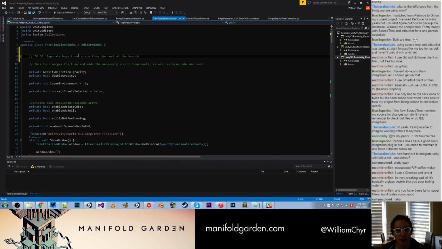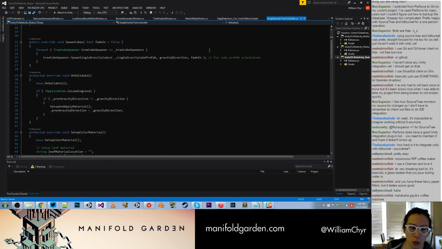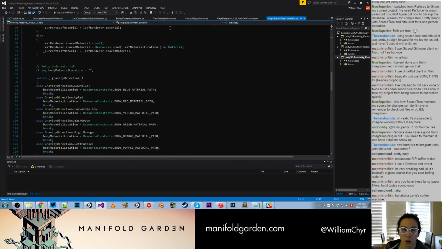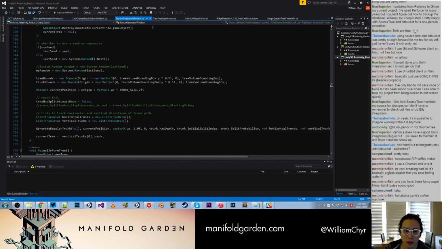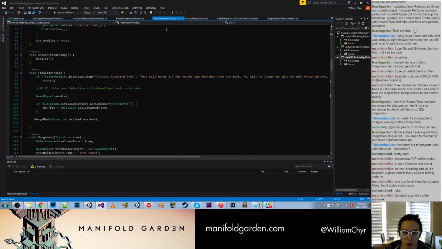So we need to separate the base trunk piece from the rest of the branch. The base trunk piece needs to have the base material applied. So let's see if we can get it so that